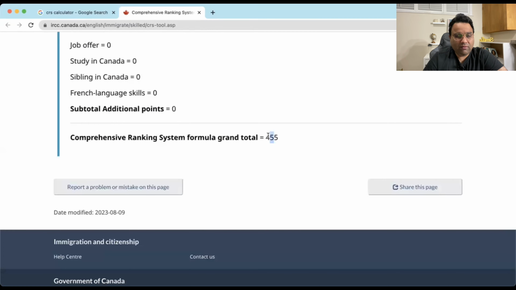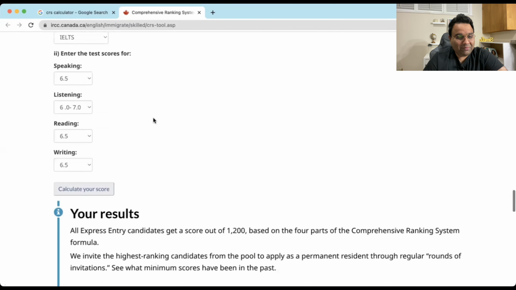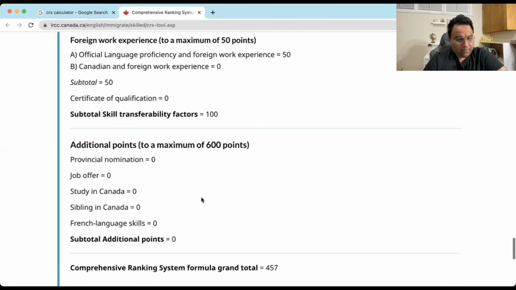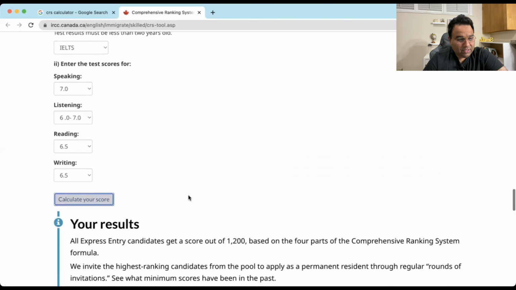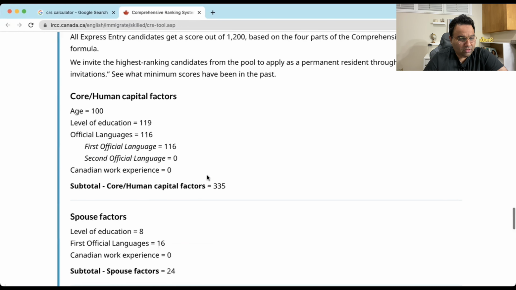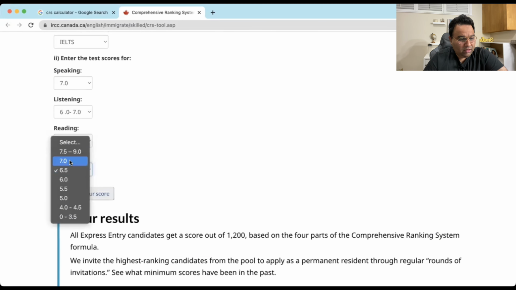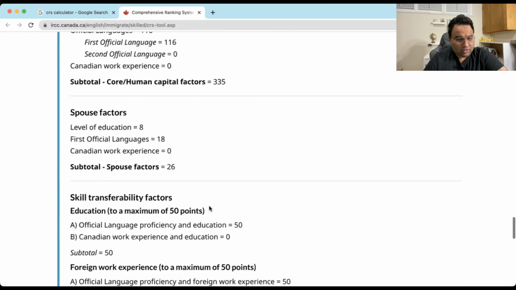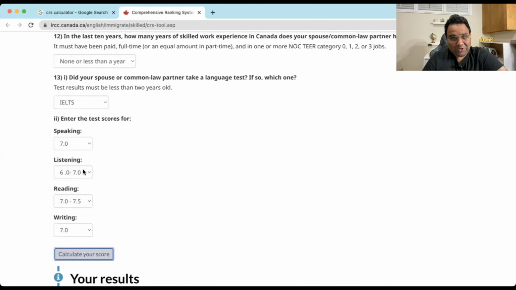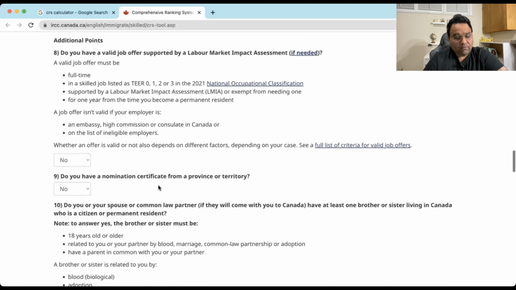I actually got 465 or something. I'm pretty sure I kind of messed up the. So let's see if I put 7 over here. What do I get? Yeah, so it kind of increases. So I'm pretty sure I'm messing up on her IELTS score. This would have been much more, because I remember my score being 464. So let's see if I increase this by, I don't know, 1 over here. What do I got? So yeah, this one is closer. So I'm pretty sure I'm messing up her IELTS score. So sorry about that. But yeah, this is my overall profile with which we had applied for our Canadian